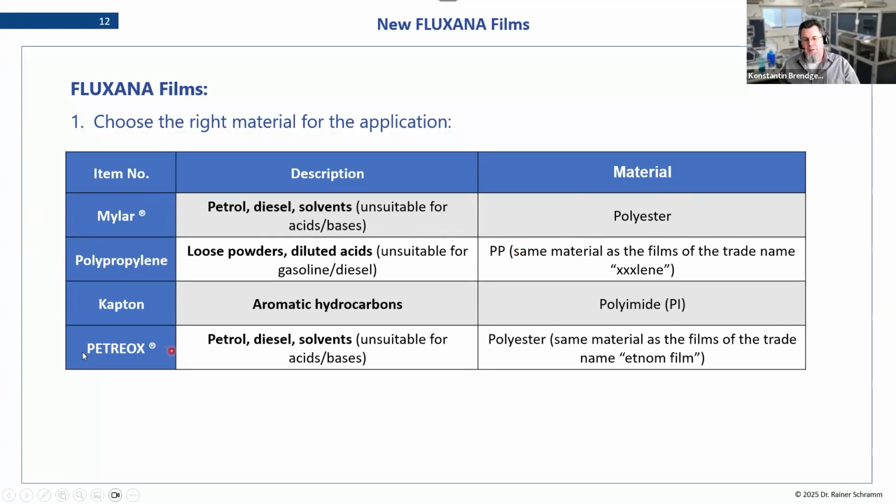Then we have Kapton and Prolene. These are kind of special ones. The Prolene is also a polyester, same as the Mylar. It comes in a different thickness and it has some other qualities because the production is a bit different. But basically, you have these four groups of materials, and as you can see from the description, the Mylar is